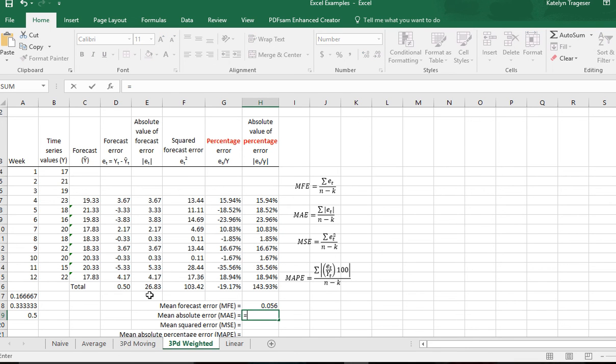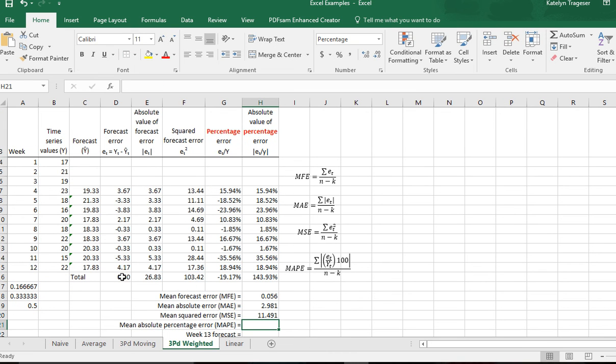Now the mean absolute error is the sum of our absolute errors divided by n minus k, or 12 minus 3, for 2.981. Mean squared error, again the sum of our squared errors, divided by n minus k. And to make these a little bit easier to see and find, I'm going to add this line back in here. There we go. So now for our mean absolute percentage error, again the sum of our absolute value of percentage errors divided by 12 minus 3,